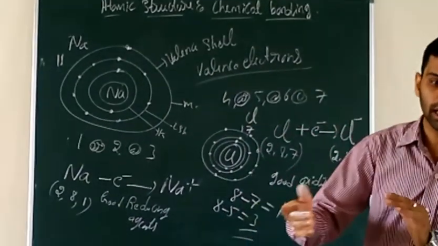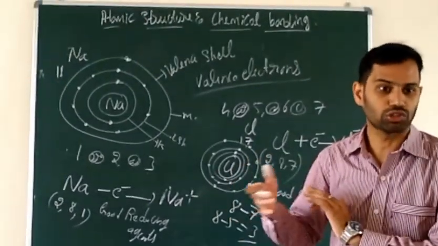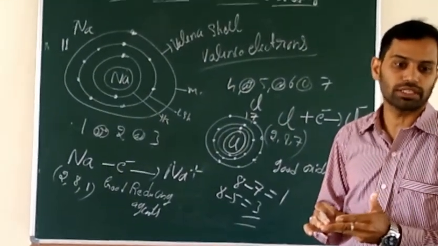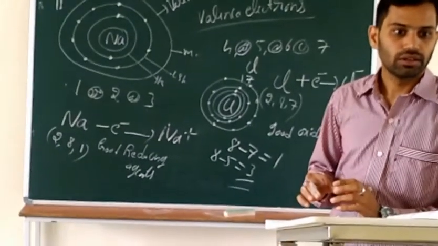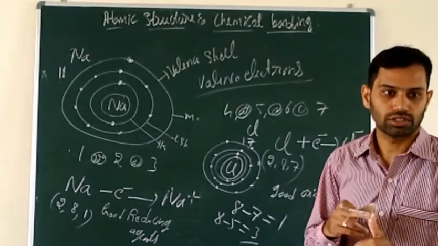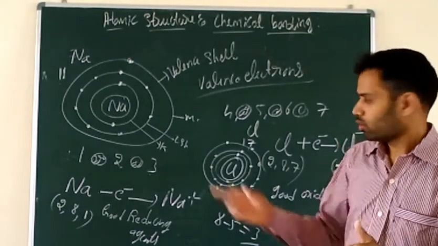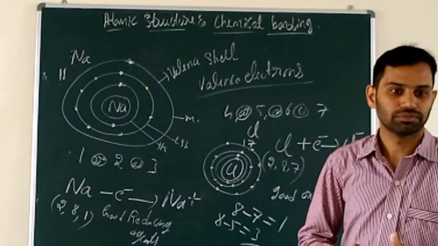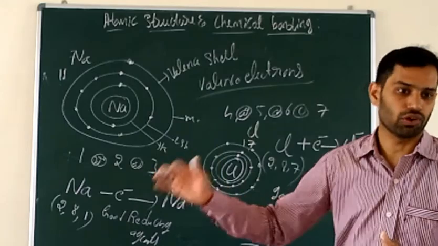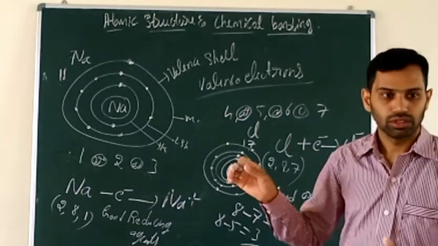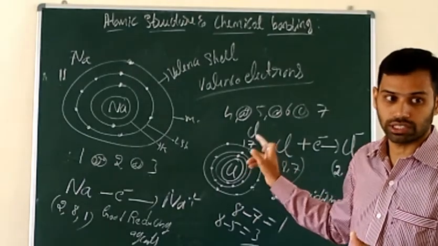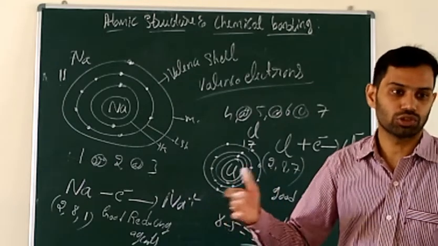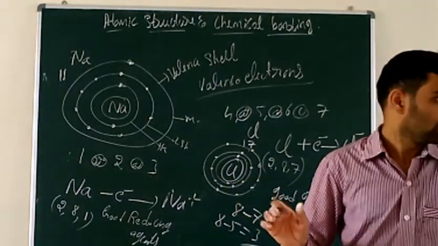Now understood how to calculate the valency? If it is more than 4, don't take that number; you should do the subtraction, 8 minus. But if 1, 2, 3 or 4 electrons are present, that is the valency. For calcium, 2 electrons in the outermost shell, its valency is 2. Sodium, 1 electron, its valency is 1. Aluminium has 3 electrons, its valency is 3 only. Carbon has 4 electrons, its valency is 4 only. Clear? Chlorine has 7 electrons, but its valency is not 7. 8 minus 7, if it is more than 4, you should do 8 minus. Clear? Next, I will go to the next topic.